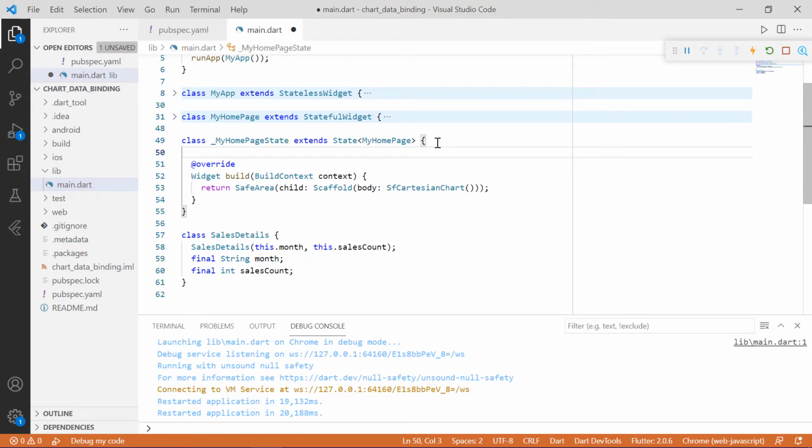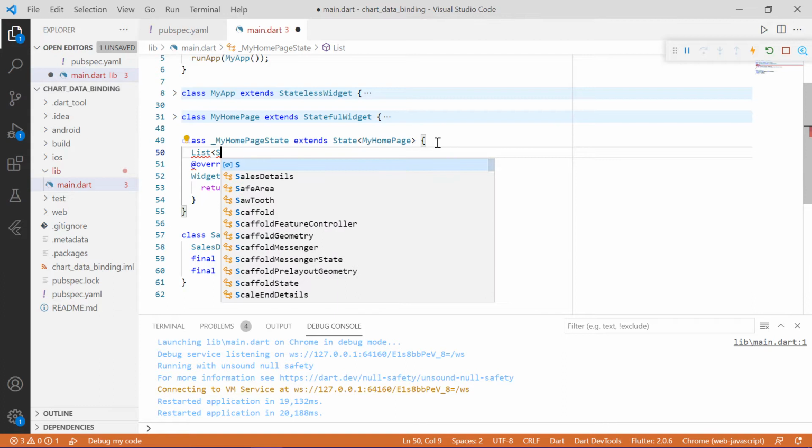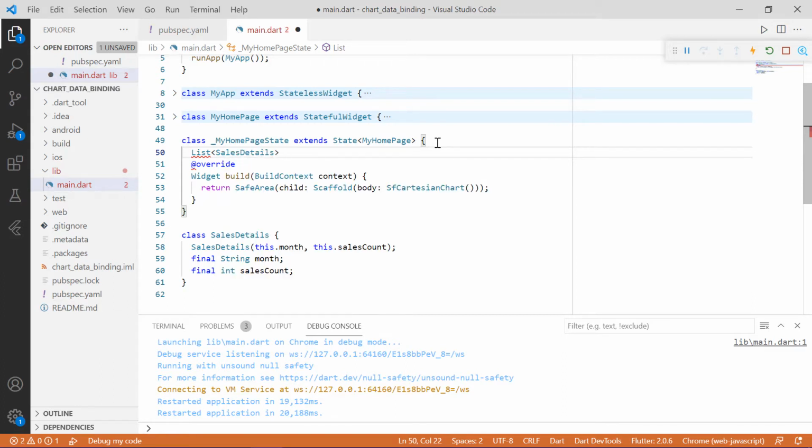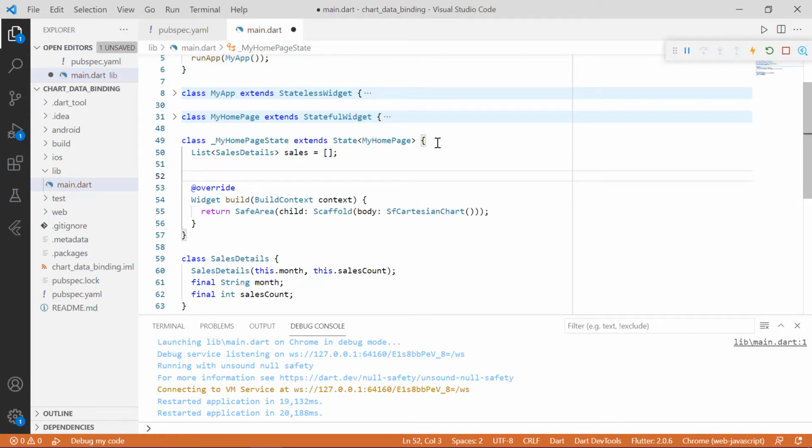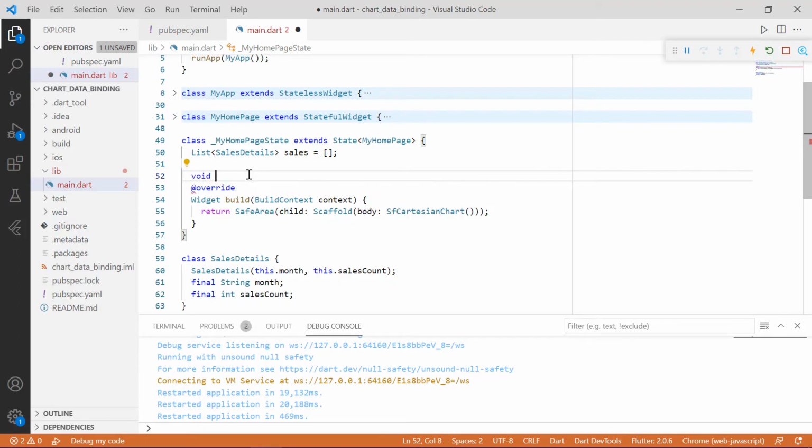Now let's create a global variable sales of type list of SalesDetails to hold the data. Then we can add a function loadSalesData to assign the data.